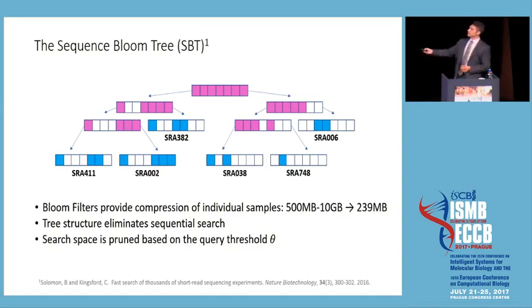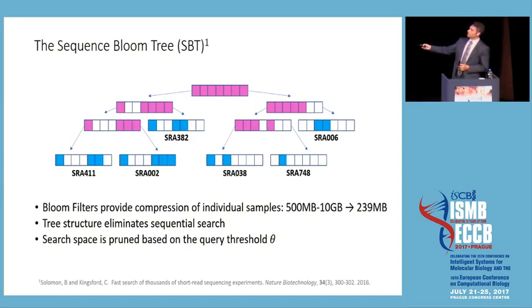The leaves of this tree represent the sequencing experiments themselves, and many of these sets of k-mers can be up to 10 gigabytes in size. However, using the bloom filter, we can reduce this down to only 239 megabytes, significantly reducing the size of our tree and improving performance. The internal nodes, shown here in purple, represent the union of bit vectors in all of